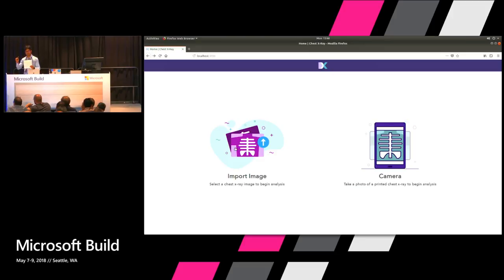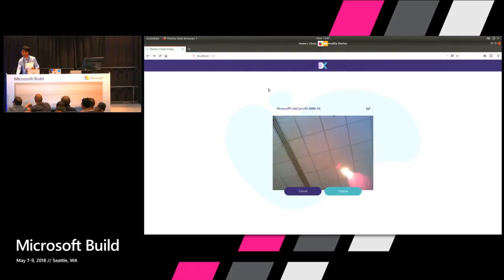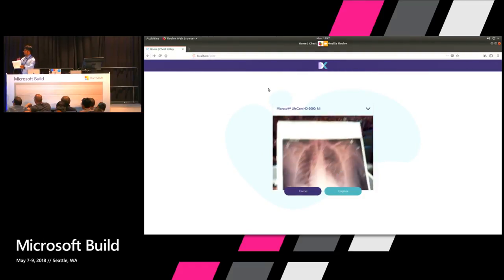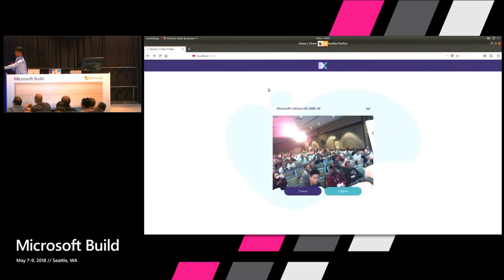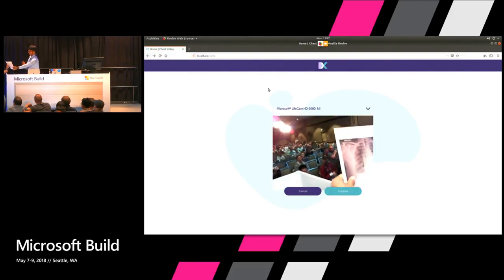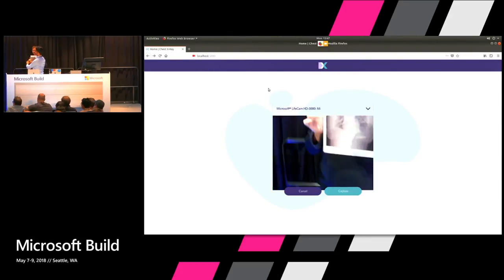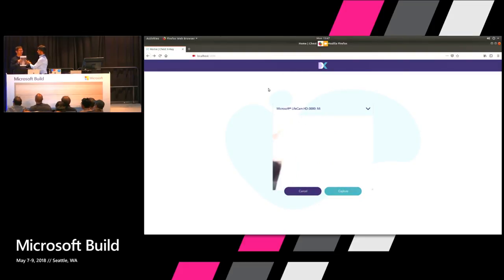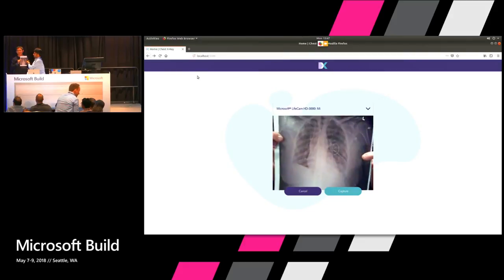So let me take this as an opportunity to show you a real-time inferencing on a chest X-ray. All right, so let's see how it goes. I'm going to click on camera, and certainly it's going to ask me to allow this. That's not the X-ray, certainly. And here you go, right? Can someone just hold this for me? Sorry, there's very limited space here. And I want to make sure that that's your X-ray. You come over here. All right, just stand right there. I hope I get a good picture. It's scary, getting my X-ray taken.